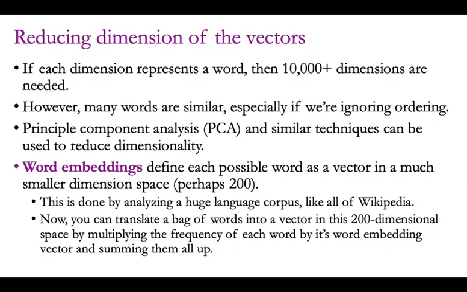In practice, these things called word embeddings are used to reduce the dimension of word frequency vectors. So instead of having one dimension for each word, you actually have a vector for each word. So you decide ahead of time how many dimensions you want to have in your word frequency space, or in your semantic space, let's say, your meaning space, and you use some kind of training set, like a huge language corpus. Like, for example, you might take all of Wikipedia, and